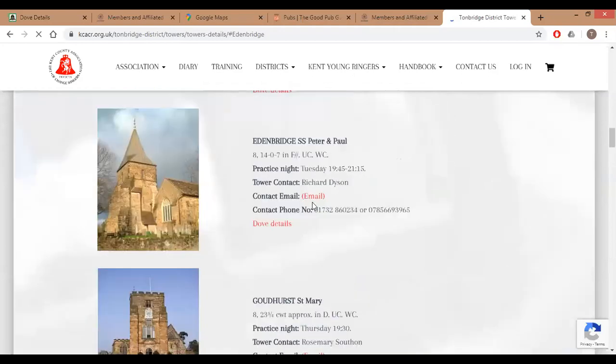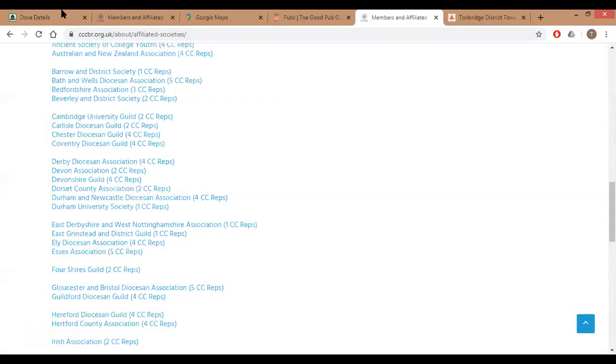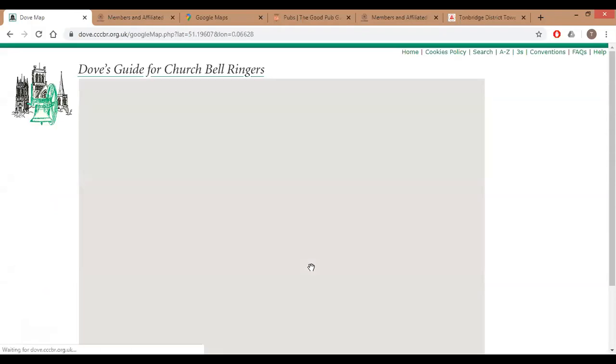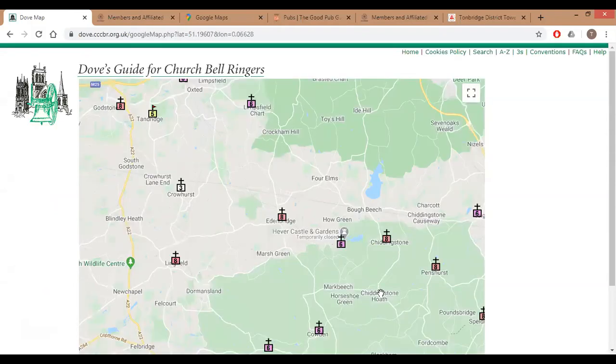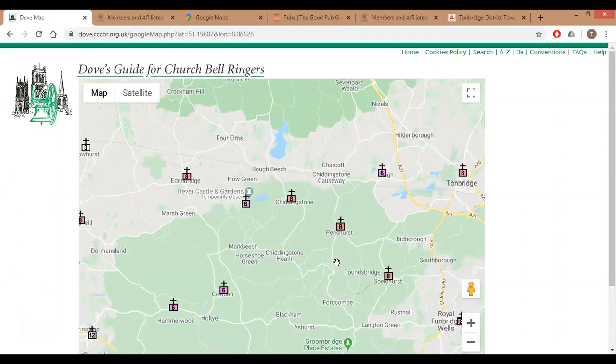We've got some contact details, an email and phone numbers, and we can make contact with those people from those towers. Now, at this stage, it's just worth emphasizing that it's an important skill, in addition to using Dove and using Google Maps and looking up a pub and that sort of thing. Quite an important thing for tower organizers is a good degree of common sense, patience, and diplomacy, because different towers